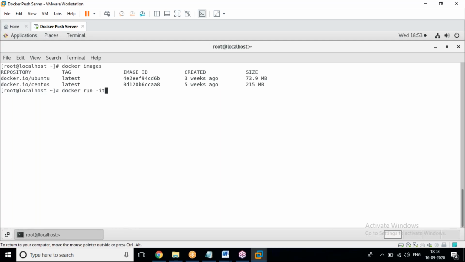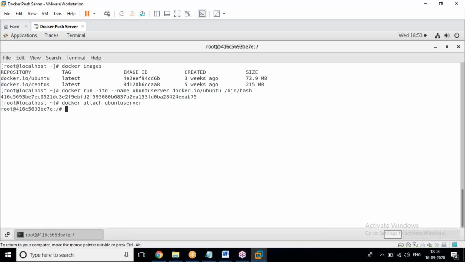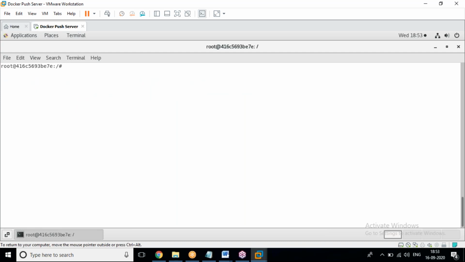Yes, docker run -itd --name ubuntu, and I assign /bin/bash. Now docker attach ubuntu. Yes. See, this is the Ubuntu server.